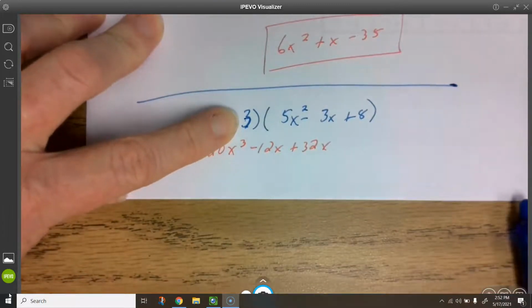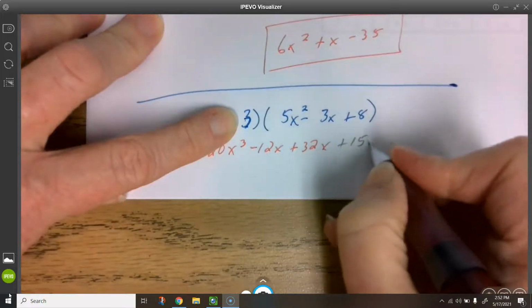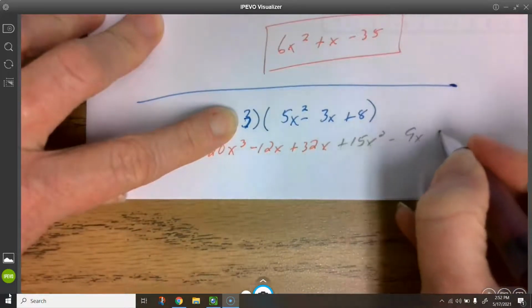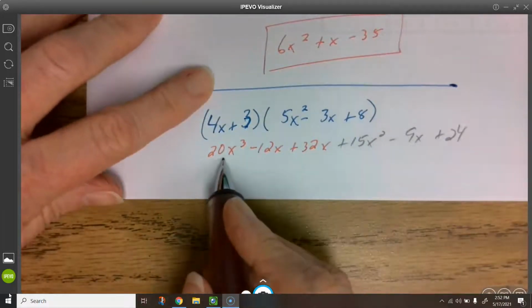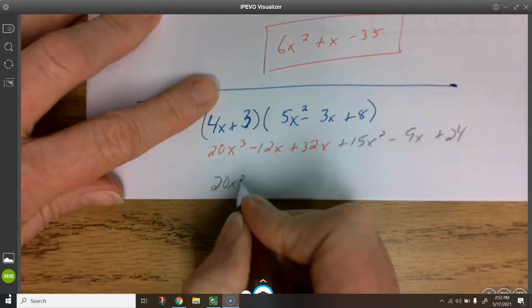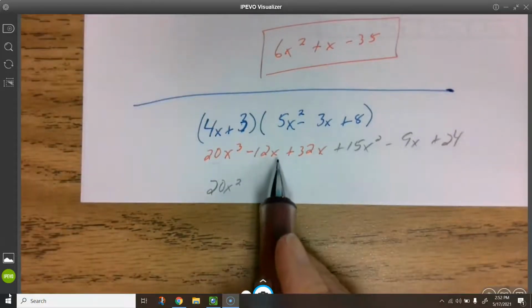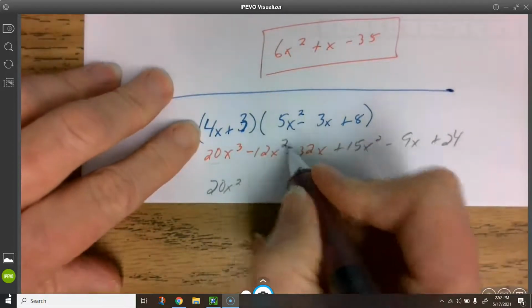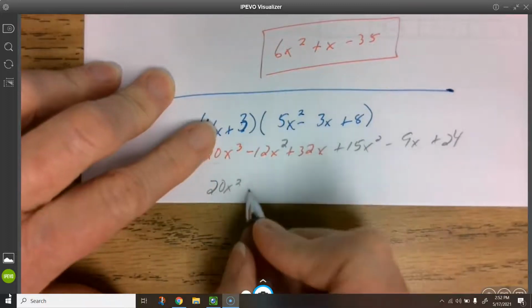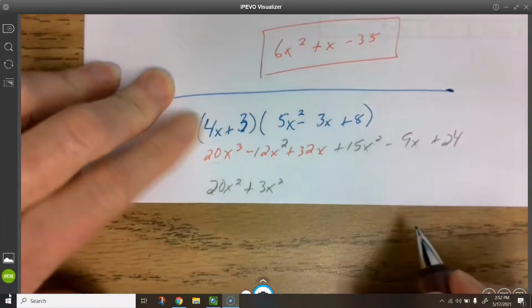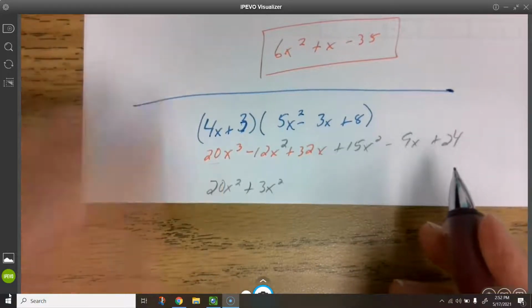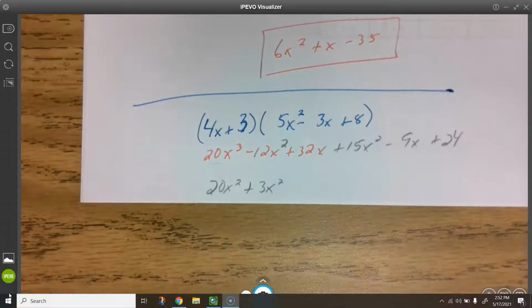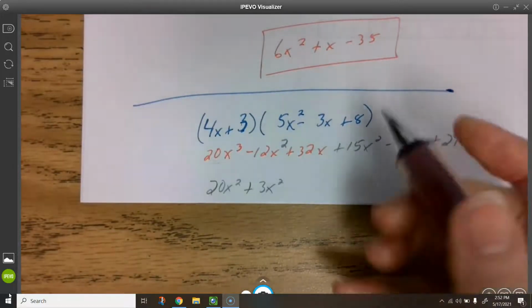Now I'm going to multiply 3 times everything. Now I'm going to combine like terms. There's nothing that combines with the 20x cubed. Hey, I dropped an x squared someplace. I knew that I had to have an x squared. So now that's going to give me plus 3x squared. And 32 minus 9. Oh, crud. 32 minus 9. 23